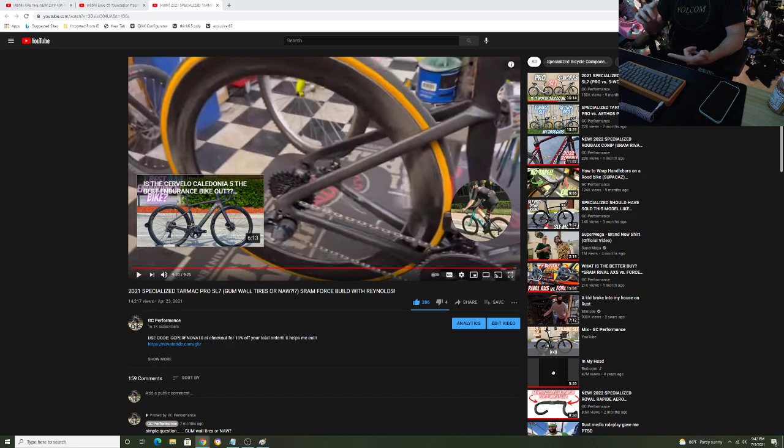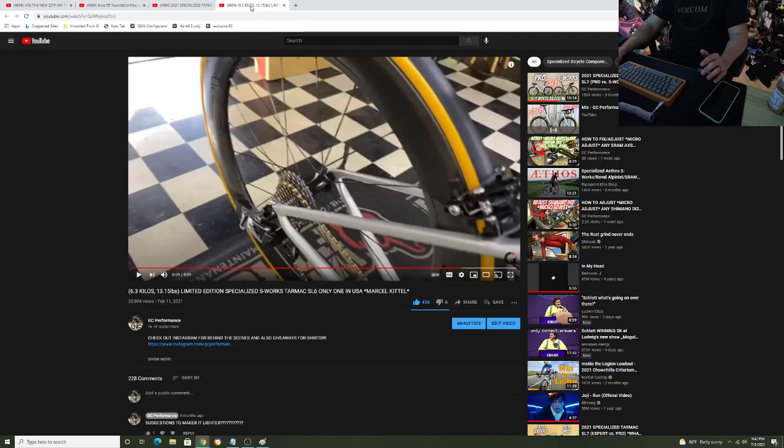Now, this is going to classify with DT Swiss hubs, Roval hubs, Bond Trigger hubs, anything that's rebranded as a DT Swiss, so you can put a 54-tooth ratchet into it. I'm a big fan of it. If it has the 18-tooth ratchet in there, no, please, no thank you. But the 54-tooth ratchet on the Roval hub or DT Swiss hub or whatever it is,